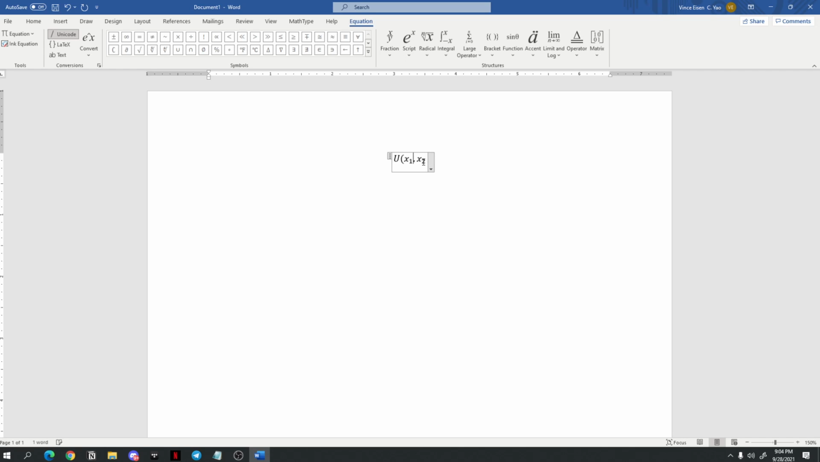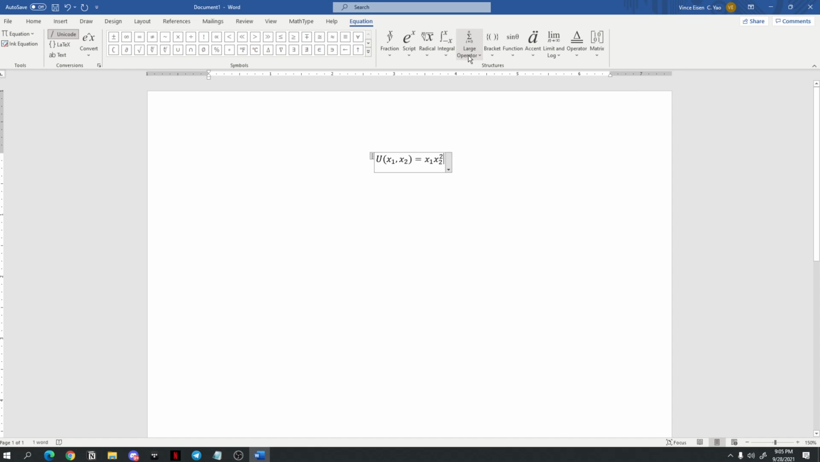Whoops, I have to press spacebar, right? So x sub 1, x sub 2 is equal to x sub 1, for example, x sub 2 raised to 2. And so it's that easy to type it here in Word's in-house editor, especially if you know your hotkeys and your shortcuts. It's quite hard to